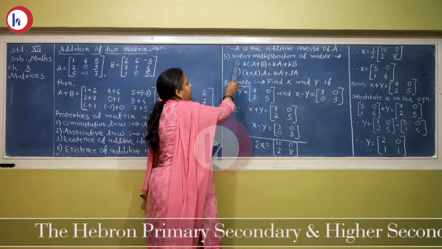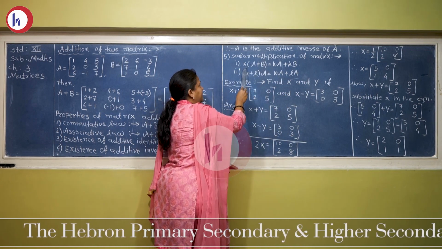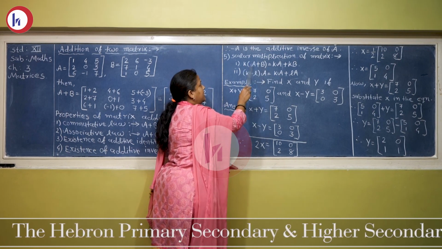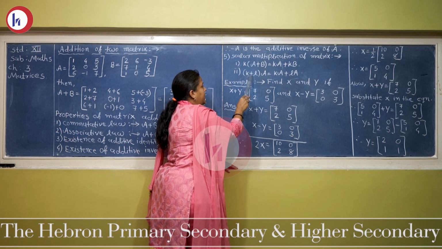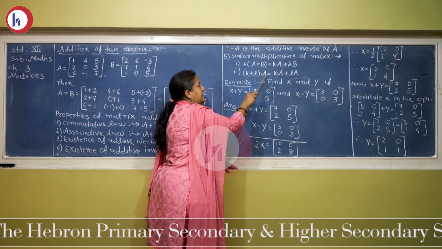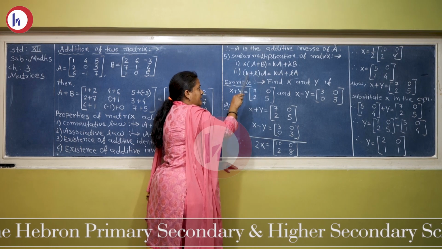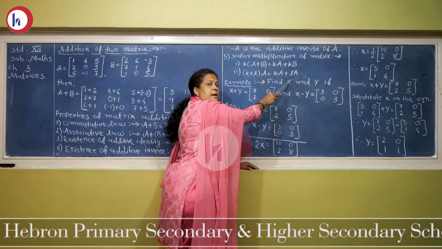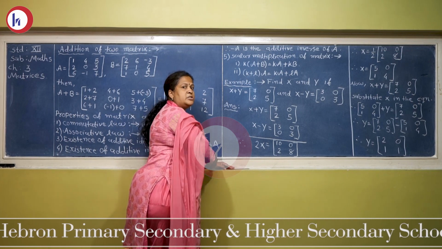Now let us see what is the scalar multiplication of the matrix. Means if K is your scalar, and A and B are the two matrix, if you add these two matrix, it becomes KA plus KB. Same way in the second case, K and L are the scalars and A indicates the matrix. So if you take K plus L in the bracket and outside the matrix A, your answer becomes KA plus LA.